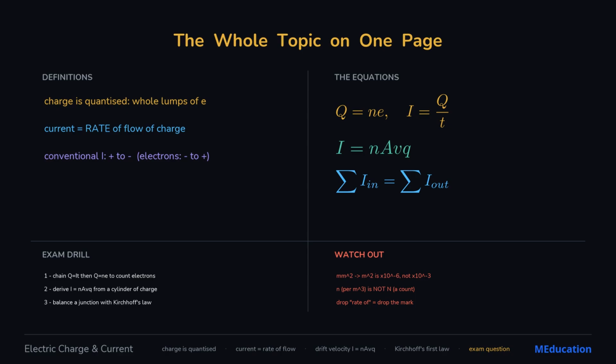And the traps that cost real marks. Always square the prefix when converting a millimeter area to meters squared. Never confuse little n, the density, with big N, the count, and keep the word rate in your definition of current. Nail those, and this topic is a guaranteed